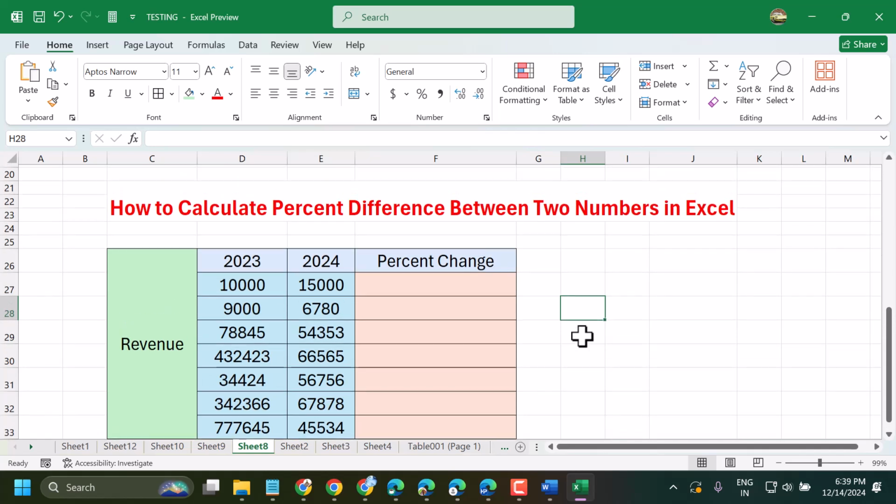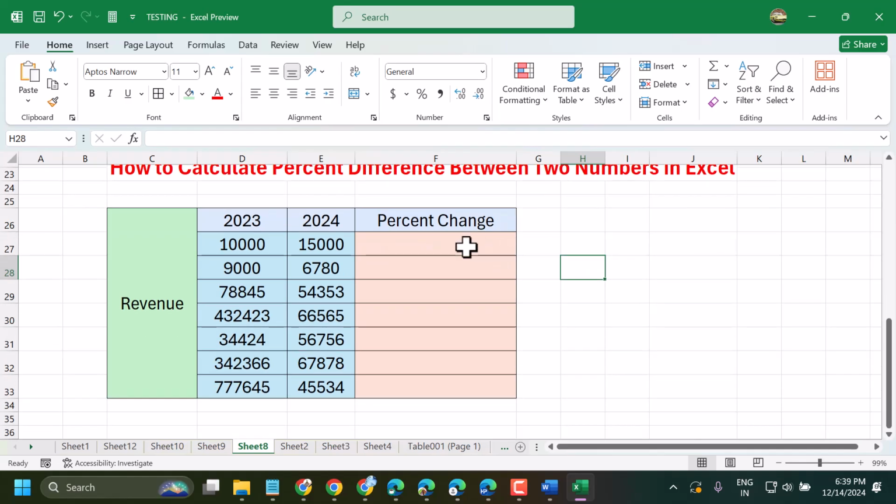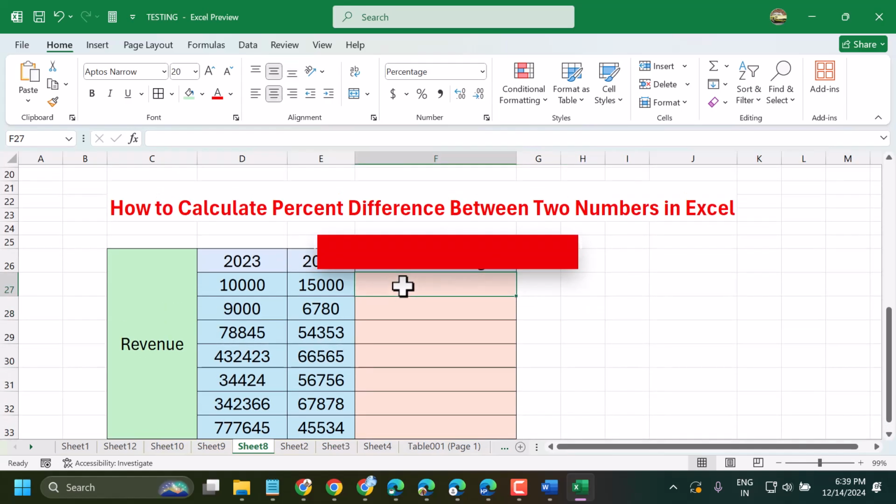In this video, I will show how to calculate percent difference between two numbers in Microsoft Excel. So you can use this formula: equal,